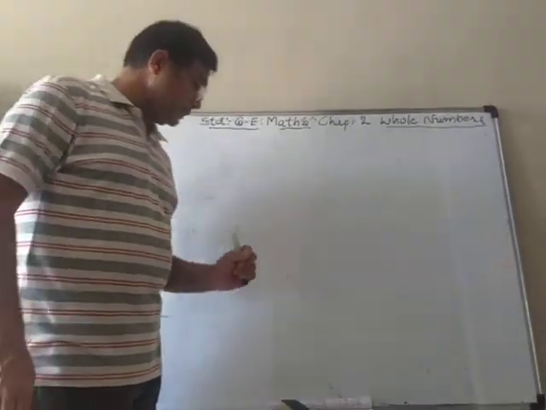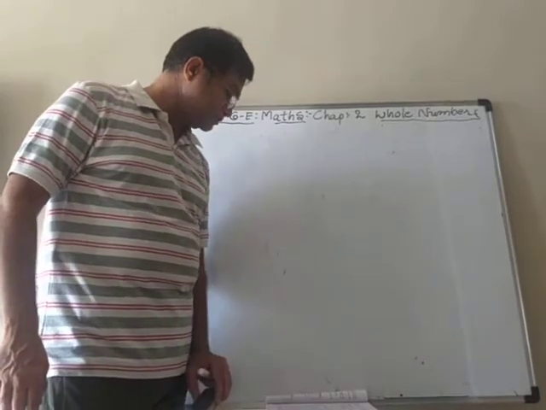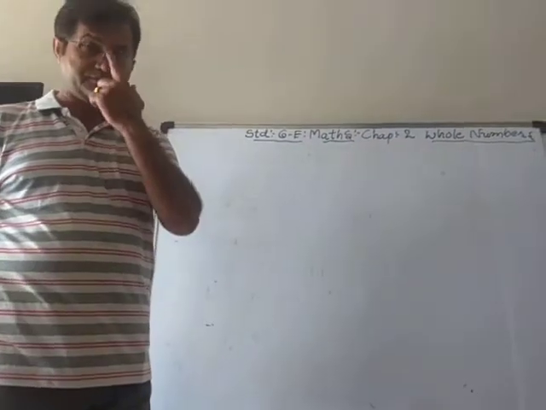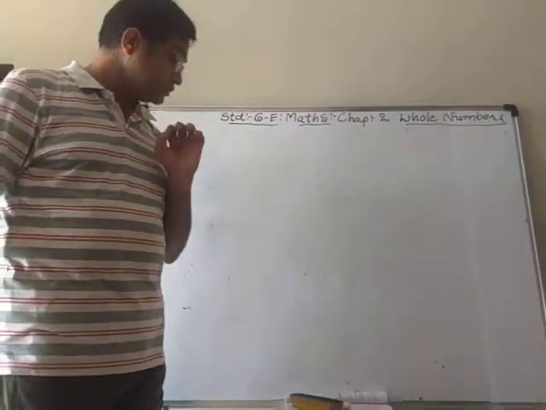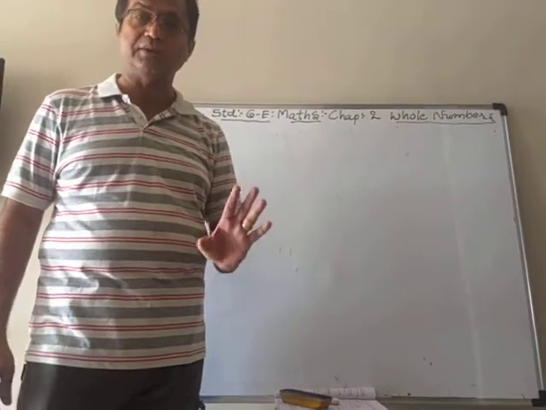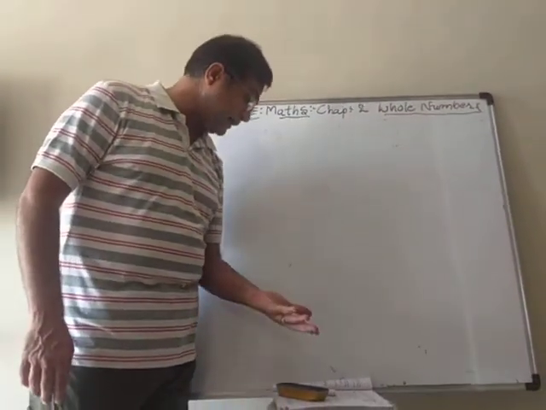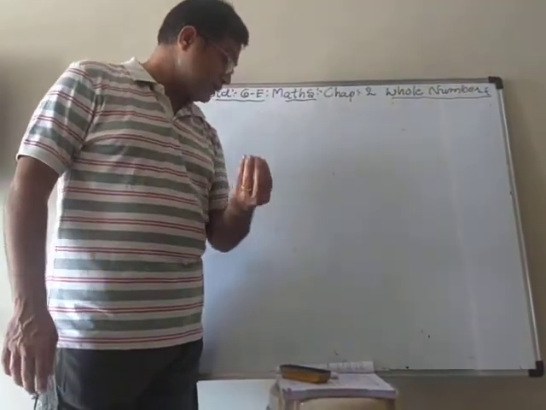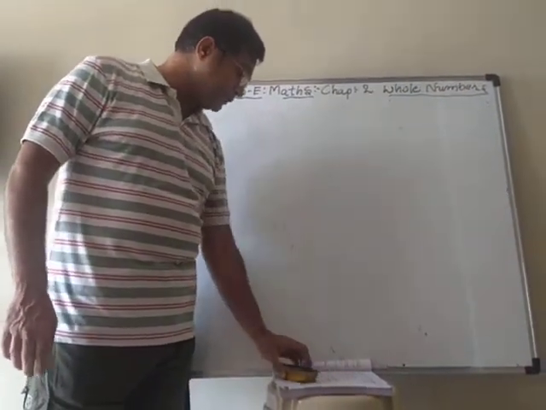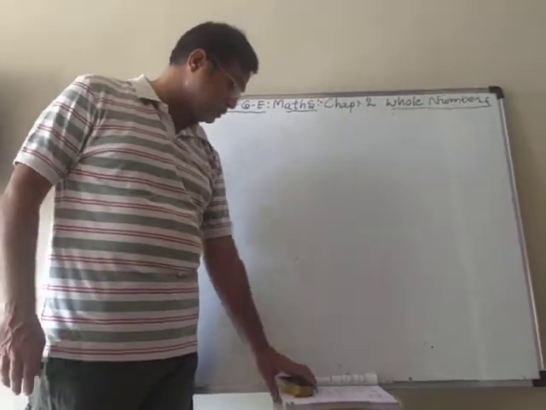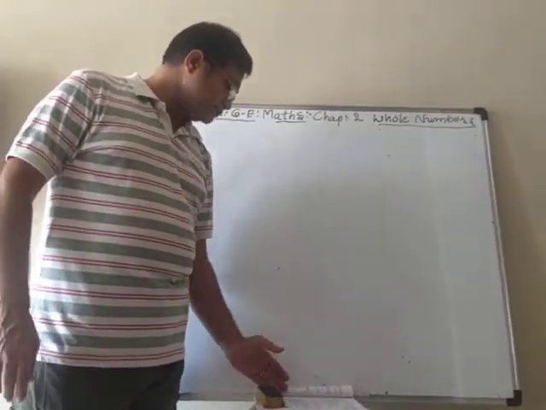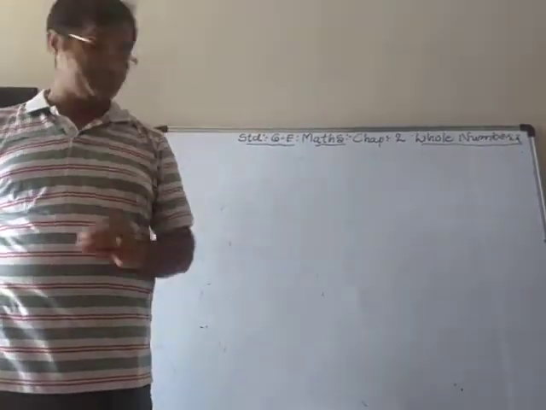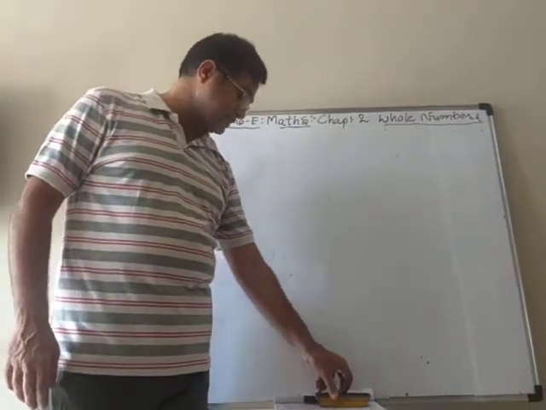So very simple now. I am giving you as homework exercise 2.1, very simple. Look there, find the number after, before, which is the smallest whole number. You have to write down the successor and predecessor. That also you know how to do. It is very simple, so I am giving you this exercise for homework.